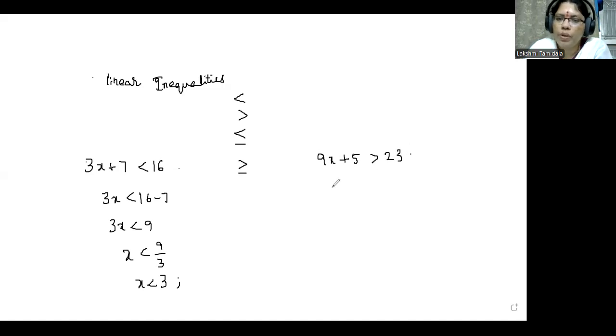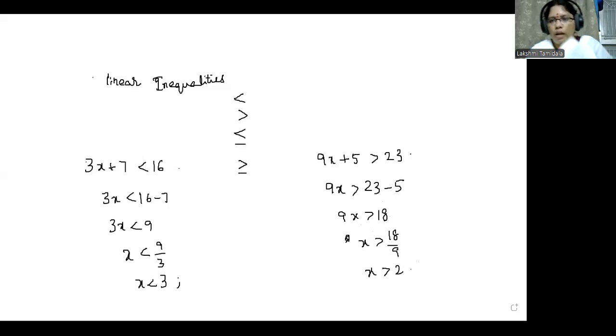This is the inequality. We do the same thing. This is 9x. We take 5 from this side to this side. That becomes 23 minus 5. So 9x is greater than 23 minus 5, which is 18. So here we divide by 9 on both sides, or we take 9 from this side to this side. So this divides 18. So x is greater than 18 over 9, that is x is greater than 2. This is the solution. Everything is the same as in the case of equations, but there is one difference,